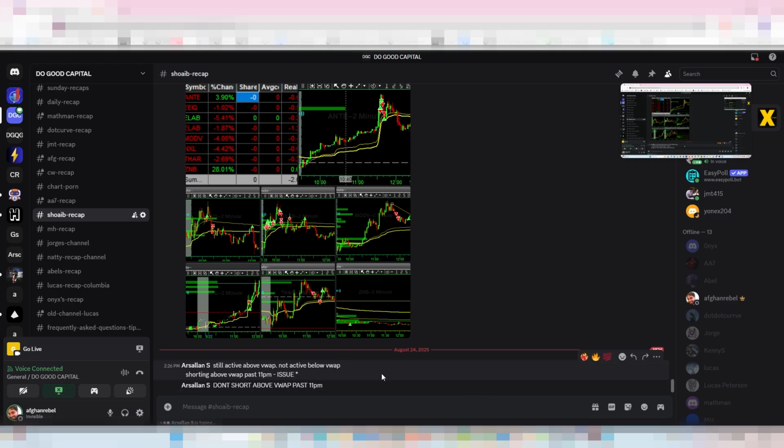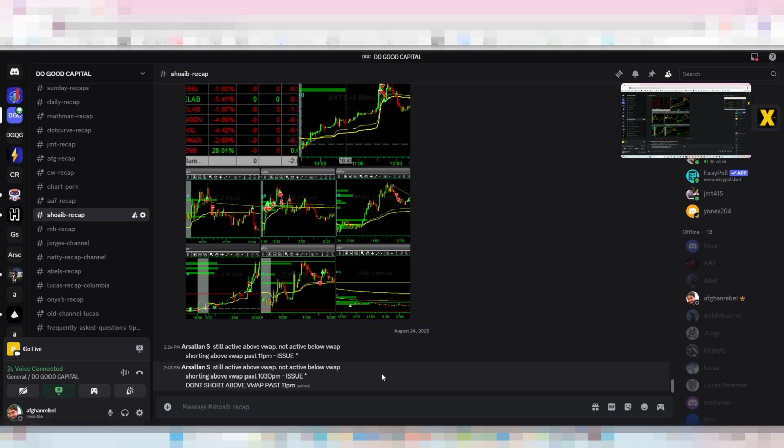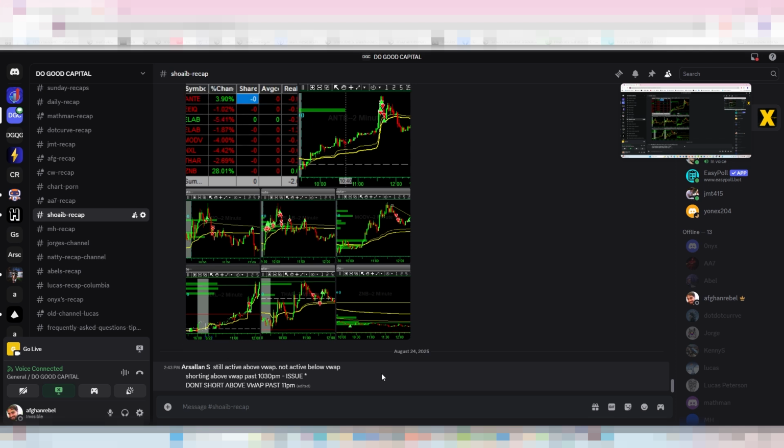Be more tight with it. Don't say 11. Just say 10, 10:30. Be aggressive. Say 10:30. And add another variable. So if for 1 week you do not short above VWAP, doesn't matter if it fades, doesn't matter, if you don't short above VWAP for 1 week,